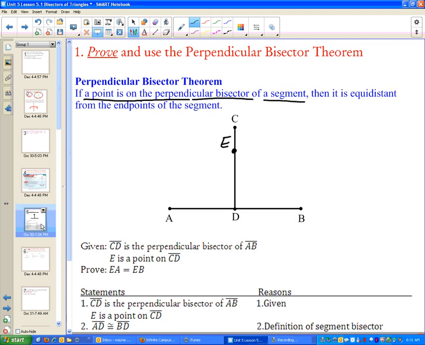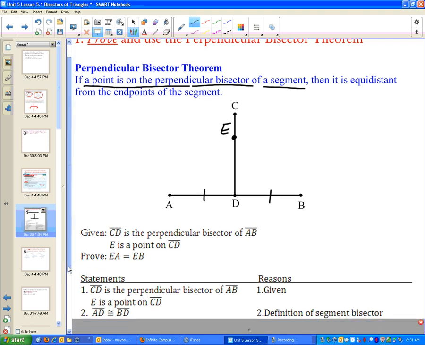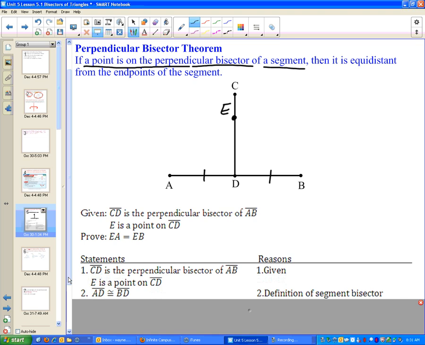So now we're going to say that since segment CD is a bisector of segment AB, that segment AD is congruent to segment BD. And we'll call that our definition of segment bisector. So a slight revision to the definition of segment bisector. Okay? Now,